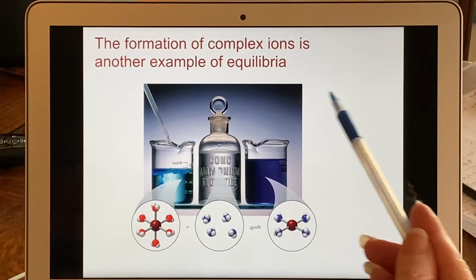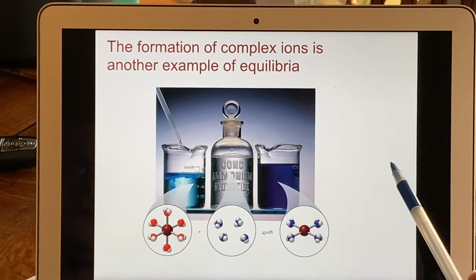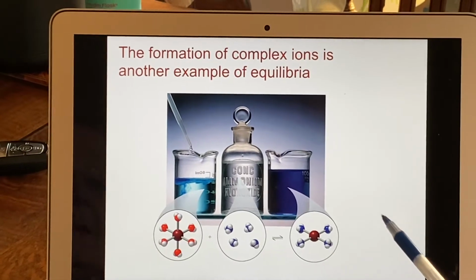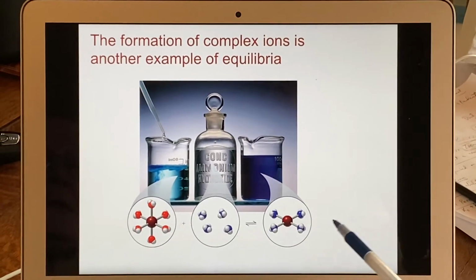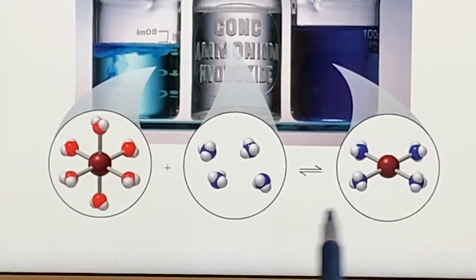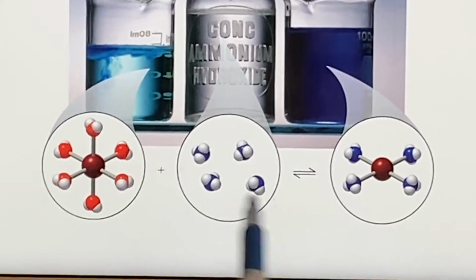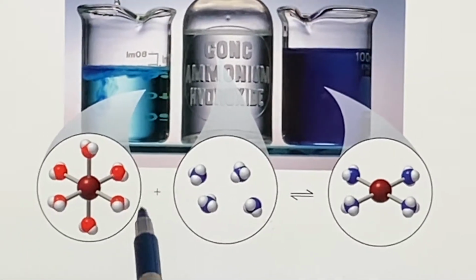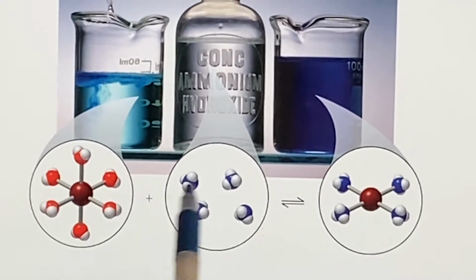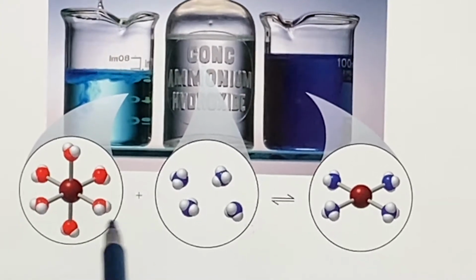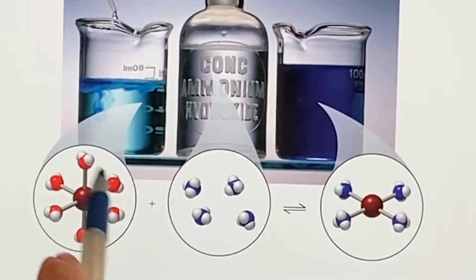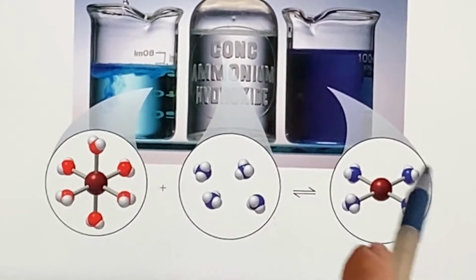The formation of complex ions is another example of equilibria. If you think about your Le Chatelier lab, you realize that you were doing some equilibria there, and in some of them you were changing forms and so on. Here we have an example where something had this form, but when ammonia was added to it, it replaced these 6 with 4 ammonias instead. So it kicked out the 6 waters, the hexahydrate, and became a